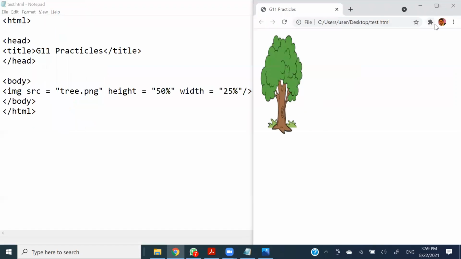So now beauty of this is if I resize my browser,